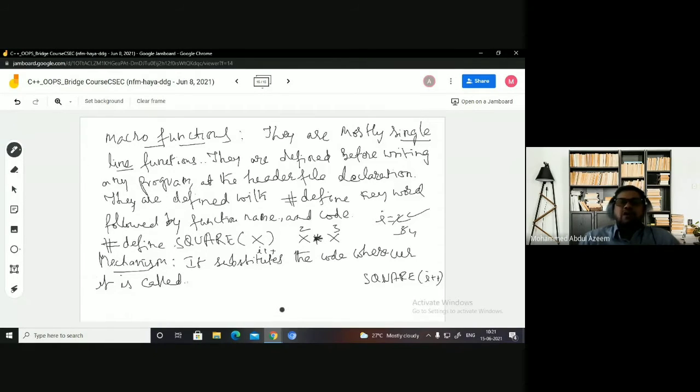So the result that you get out of it is nothing but 2 into 3, which is 6. 6 is not a square of a number. Actually, you wanted to find the square of a number, but when you are passing I++ where I value is 2, you get 6, not the square of a number. Yes or no? So this is a side effect that you have with a one line macro code. Okay, so to avoid this